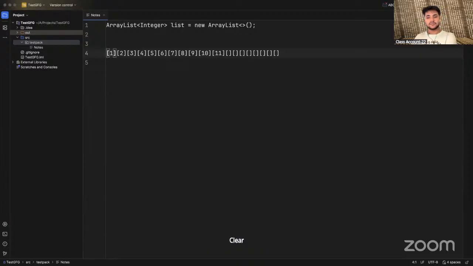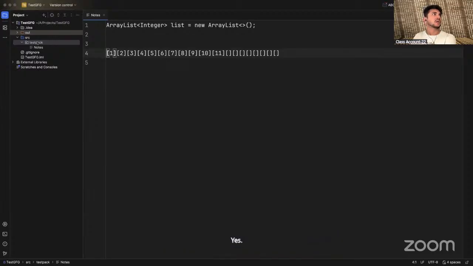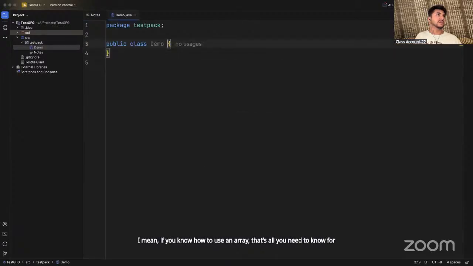Sir, can you explain more about implementation? I mean, this is how it internally works. Are you trying to understand how to use an ArrayList? Is that what your question is? Yes, sir. If you know how to use an array, that's all you need to know for using an ArrayList. For example,